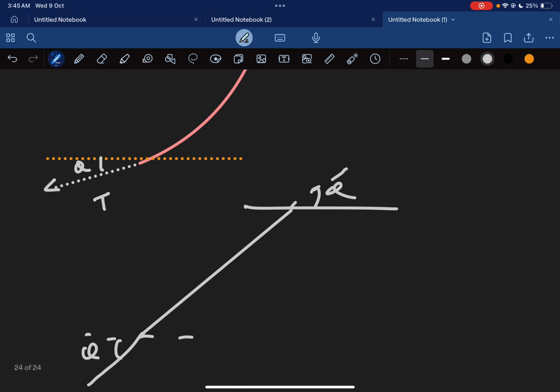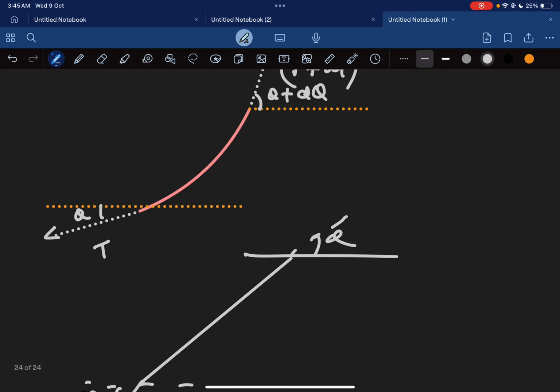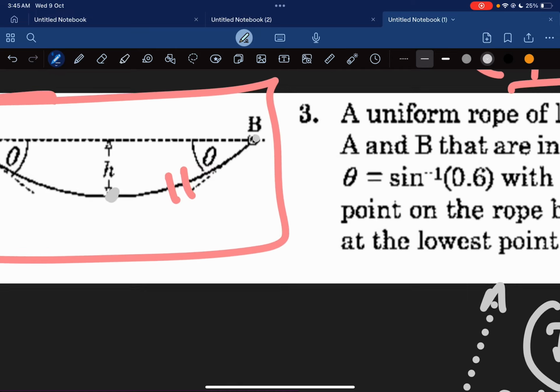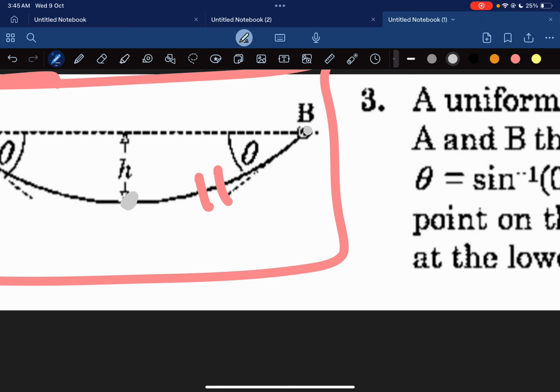But now what happened here is, this is not a straight line. This pink length is not a straight line, but it is almost a straight line. Not a straight line, but almost a straight line. And the curve, like we took a differential element here. Just understand this, that we took a differential element here. So this length is so small that